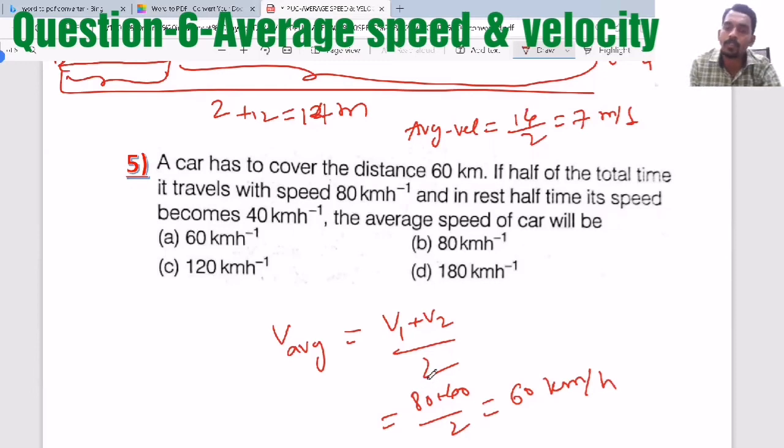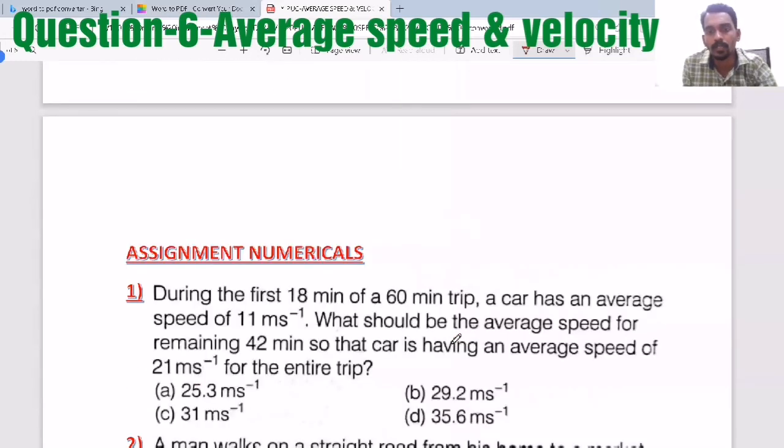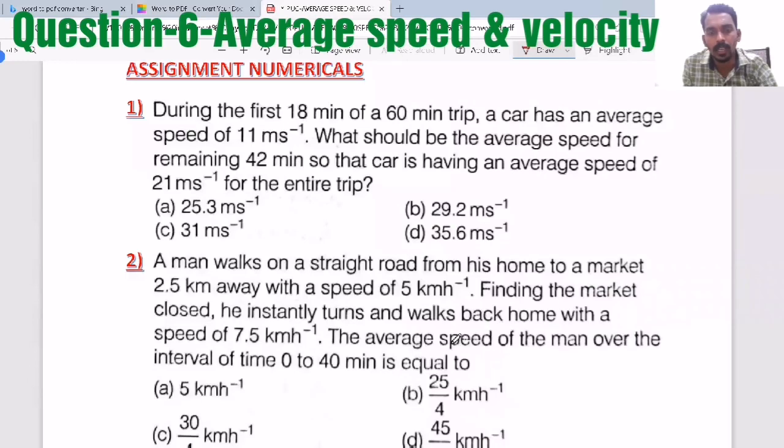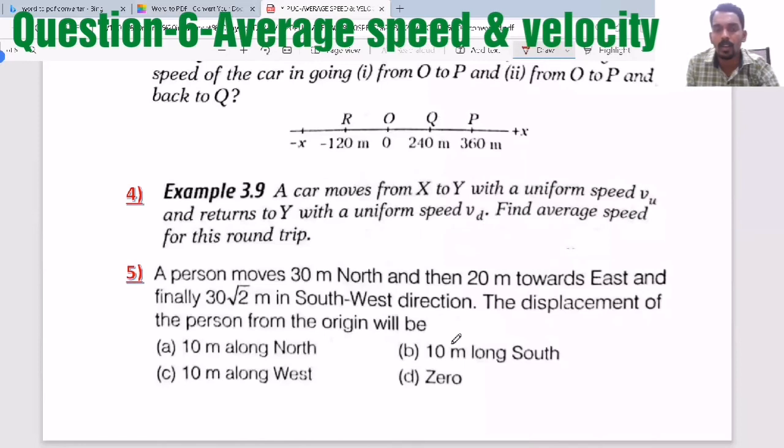So this way sometimes you will get the question directly, formula based, whatever we have studied, or sometimes you have to apply the rules and sometimes you have to apply the geometry, a little mathematics, depending on the question. So I have given similar questions here as an assignment. Please try to do them so that you will understand how to solve the questions.